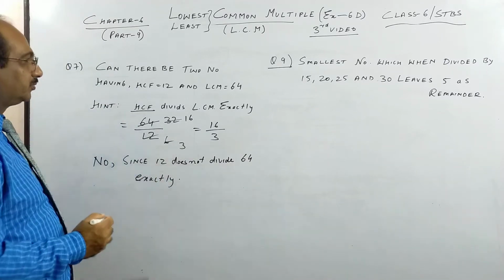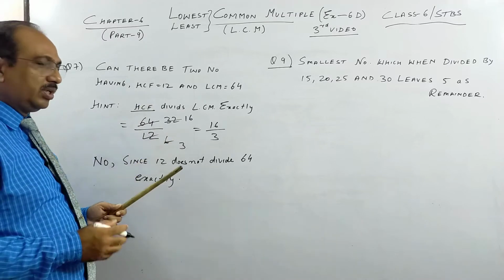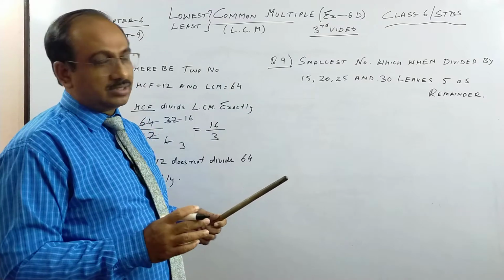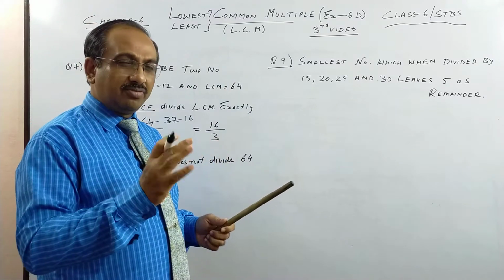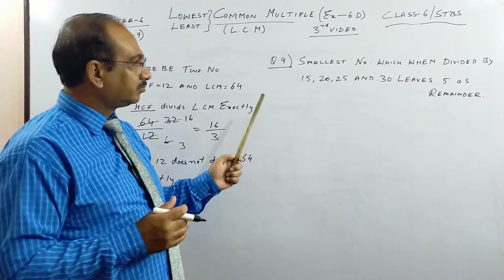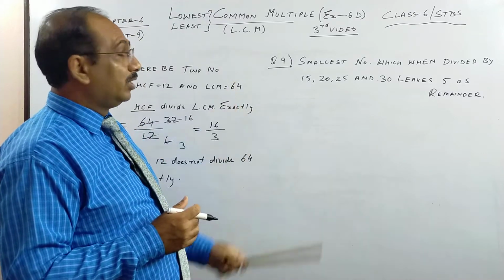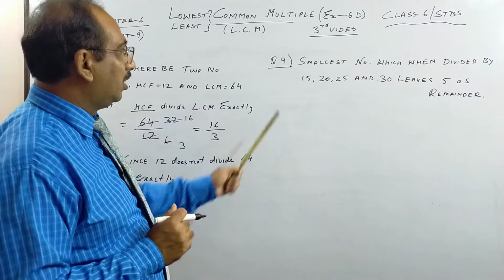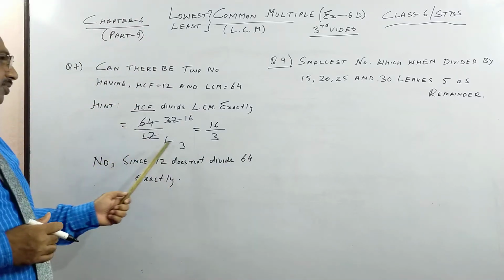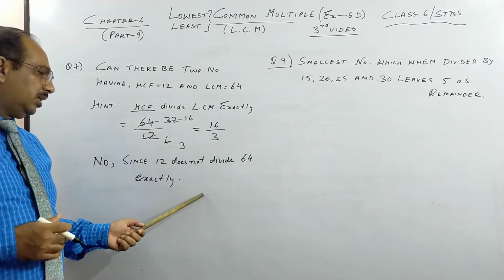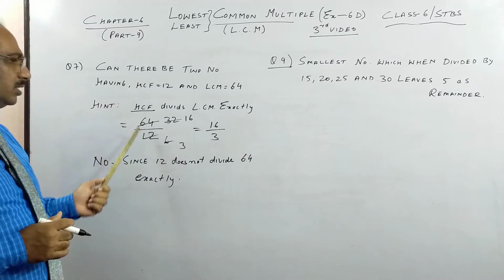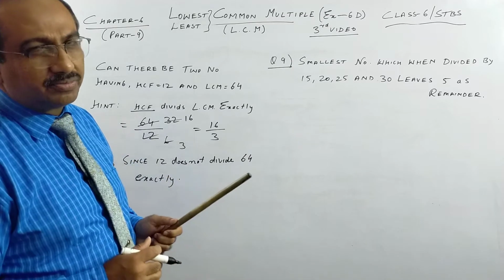Okay, so this property is very unique. Some other properties are there, I'll try to make a separate video lesson on that, especially for HCF and LCM together, and some interesting things maybe after we do the word problem on HCF. Now next question, so you can copy this. So you divide LCM by HCF and you don't get a whole number, hence these two numbers are not possible, because always you will see LCM will be exactly divisible by HCF of two numbers.